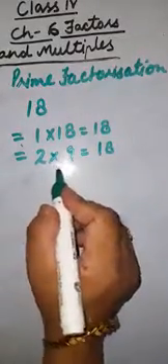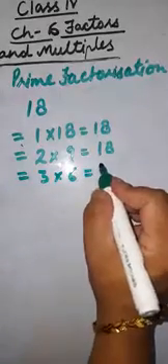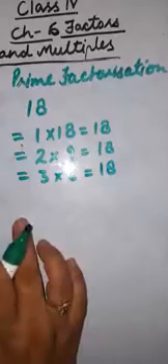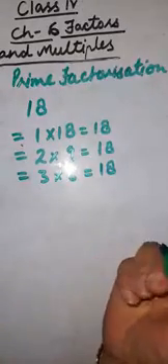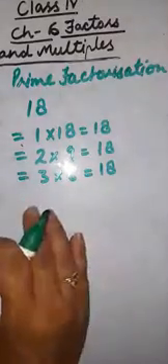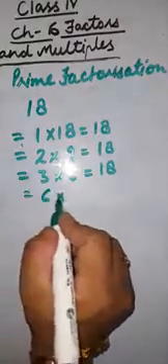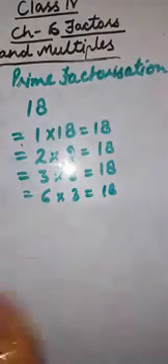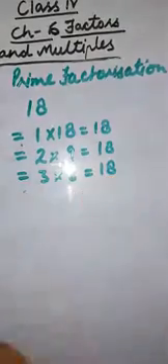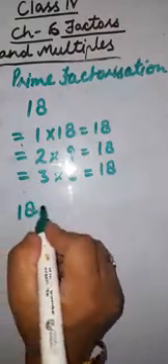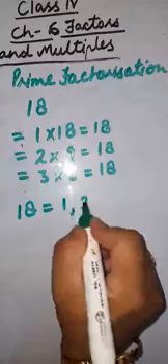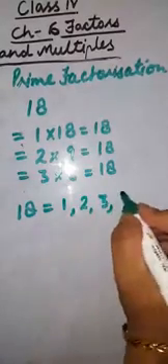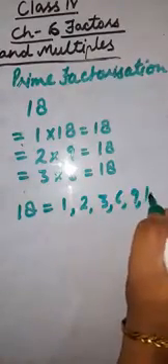Now 3 की टेबल में 3, yes. 3 multiplied by 6 is equal to 18. Okay, and 4 no. 5 की टेबल में no. 6 3s are 18. 6 multiplied by 3 is equal to 18. Now look here, the numbers are changing their order, so we will stop here, right? So the factors of 18 are 1, 2, 3, 6, 9 and 18 itself.